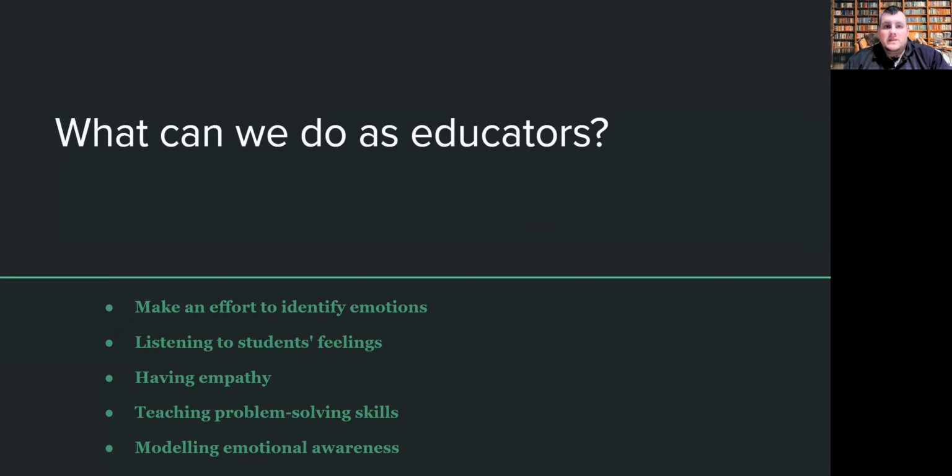It doesn't always have to be about the negative. So we have to look at all sides of things and determine the best way to reach our students each and every single day in each and every single way. We have to listen to students' feelings. We have to hear them out and understand what's going through their mind. Doing a particular lesson during class, we have to ask, how do you feel about this? How does this make you feel?